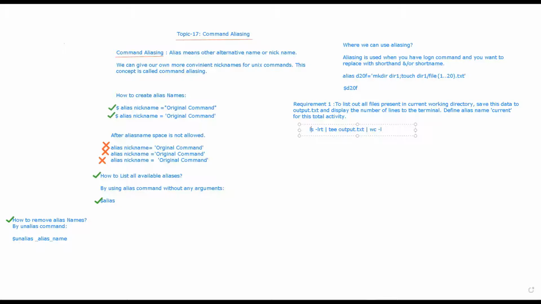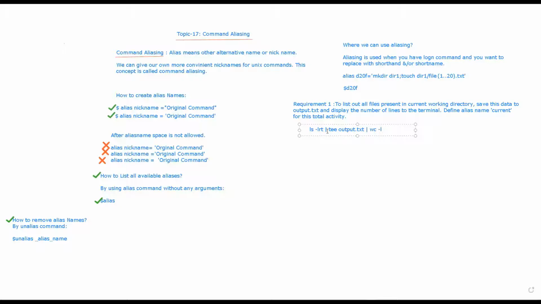Basically we are listing the files and directories and writing those into output.txt, as well as counting all the lines, right? So this is the command.